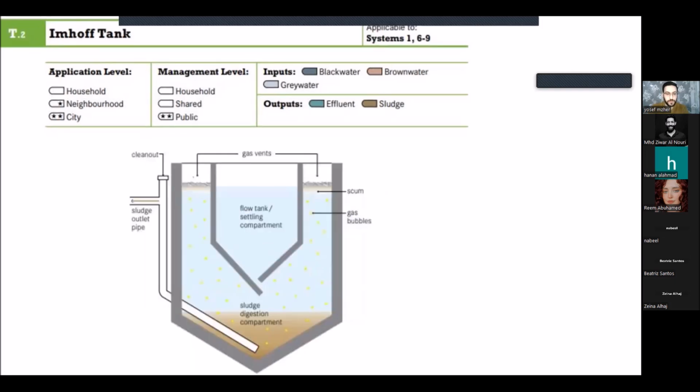Now there is a lot of ways we can treat the waste that is coming in. This is one of them, which is not that much used. It's a little bit